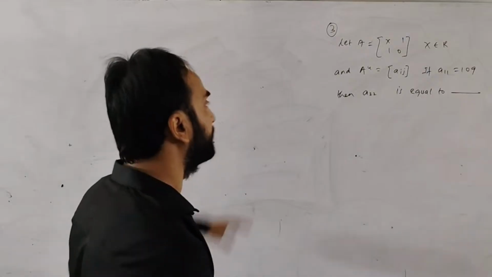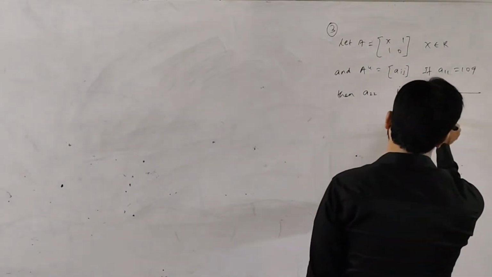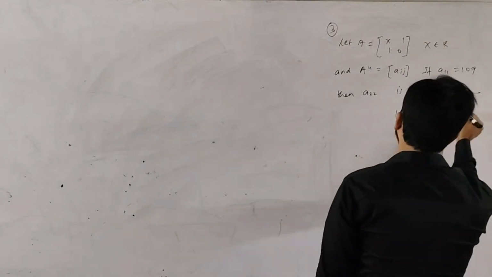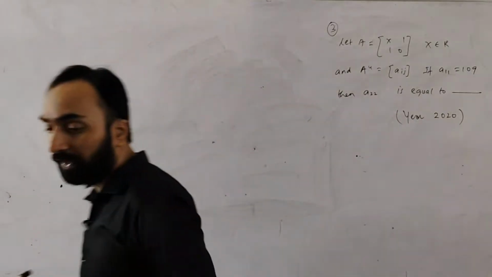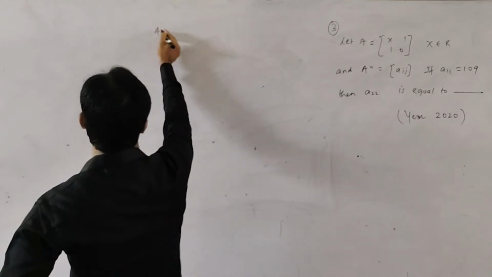We'll proceed in the same manner as previous. And this problem is from which year? This is from the year 2020. Correct? Find along with me only. So we'll find it. A is given as